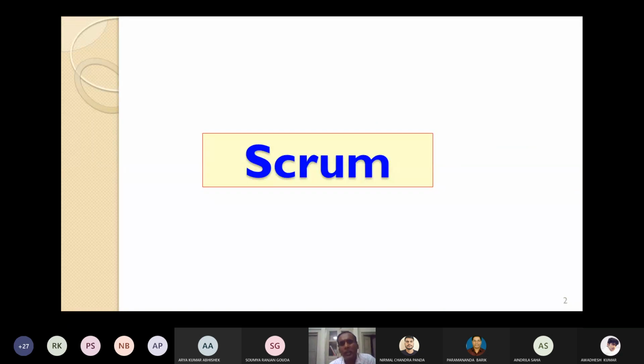So now let's go to, as I have already told you, there are several agile development methodologies starting from extreme programming, Scrum, etc. This is not supposed to be taught here, but if I do not teach, then you cannot understand the testing part. So fortunately, I am taking it. This is available in Rajib Mall's book. Any other book, please have a look. This will be very important for campus interviews and for your industrial life. Okay. So let's quickly take a look. I am not discussing in detail. Detail I cannot discuss. We don't have time. I am only giving the highlights, the important points, and the others you can see from any book or any internet sources. Let's see about Scrum first.